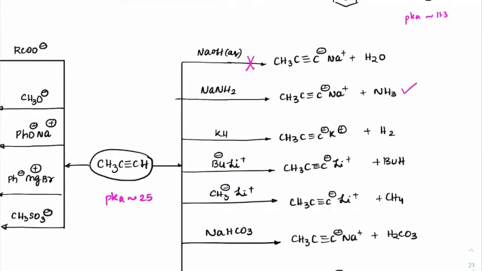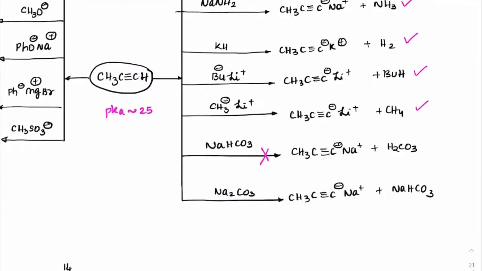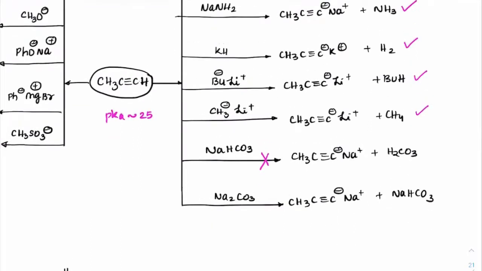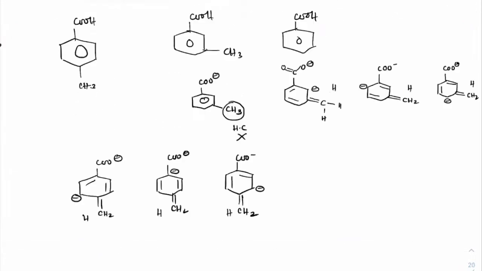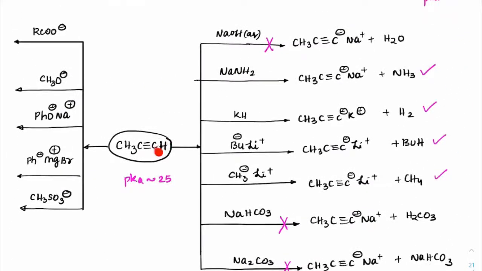Next, the H2 pK value is also 38. It will happen. Butane is around 50. Methane is 48. H2CO3 is around 6.5, so this reaction doesn't happen. NaHCO3 is 11.3 or 11.5, even this reaction doesn't happen. So students, understand that triple bonded hydrogen won't be dissolving in NaOH, neither will it dissolve in Na2CO3. It does not give any positive test with NaHCO3, neither will it give any positive test with Na2CO3.